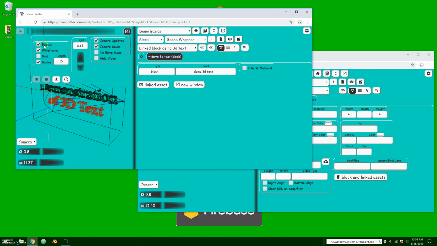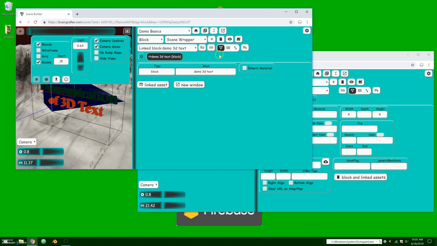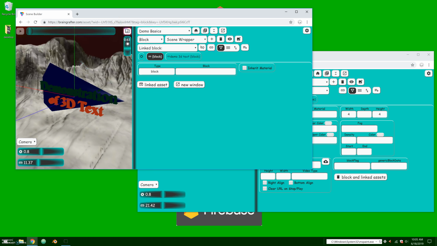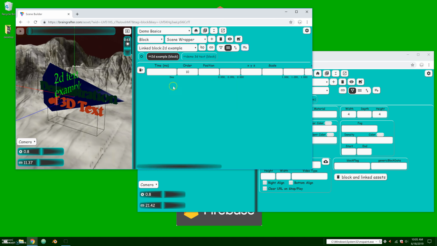So let's get out of wireframe. There we go. Let's add another block. We'll add our 2D text in here. Okay, and here we'll add a frame so we can position it. So we'll put it above. We'll go ahead and lift him, and then we'll need to rotate him